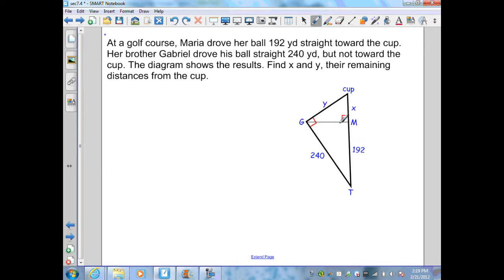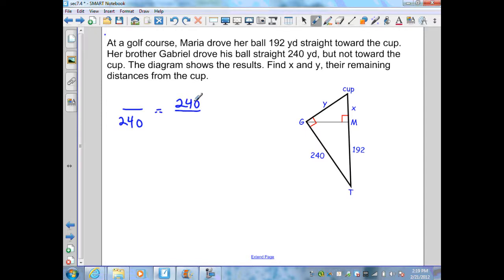The altitude of the hypotenuse really isn't needed in this problem, but I could use it if it would get me to a position of getting another known variable. But here, if I give this an unknown, I still would have another unknown with x, so that won't work. So the direction I need to go is by using that leg, which is 240 yards. So when I use that leg, I use corollary 2, and that leg is the geometric mean